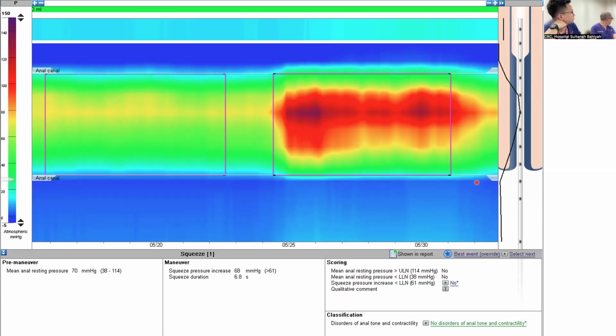What is the other risk factor for young patients to have dyssynergic defecation? Yeah, another. I think that's a fantastic question. The thing is, you see,